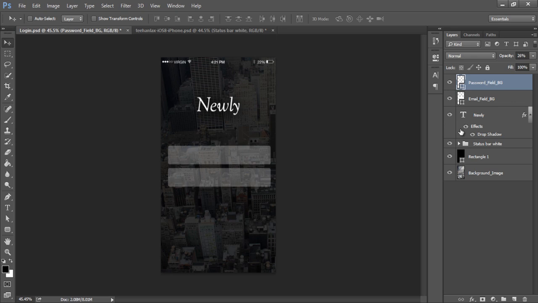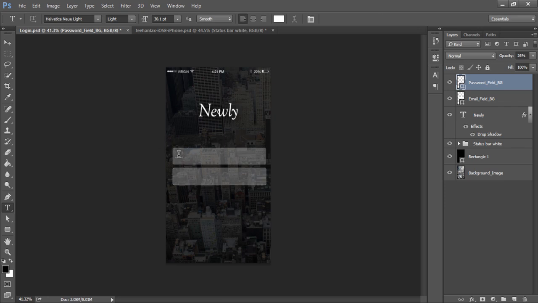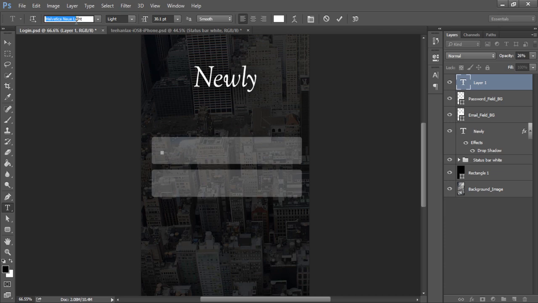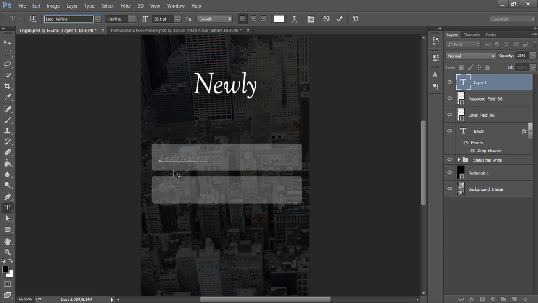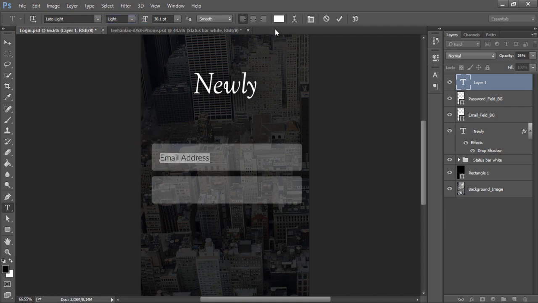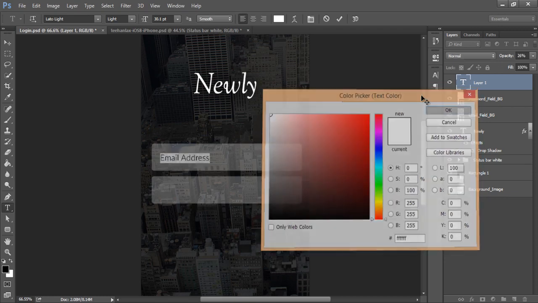Next thing we could do is add a text. So just press it right here, set to Lato, email address, set the font to light, make it pure white, font sizing looks okay,